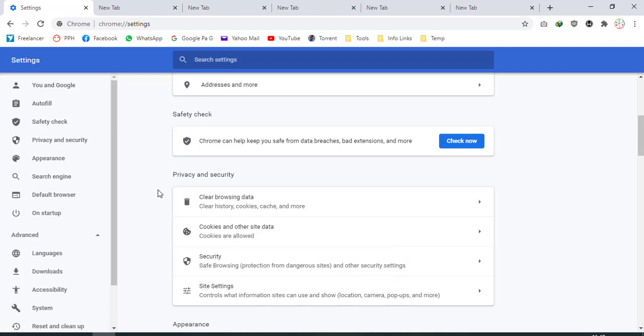And then you can also do the next step, which is to uninstall or remove unwanted extensions.